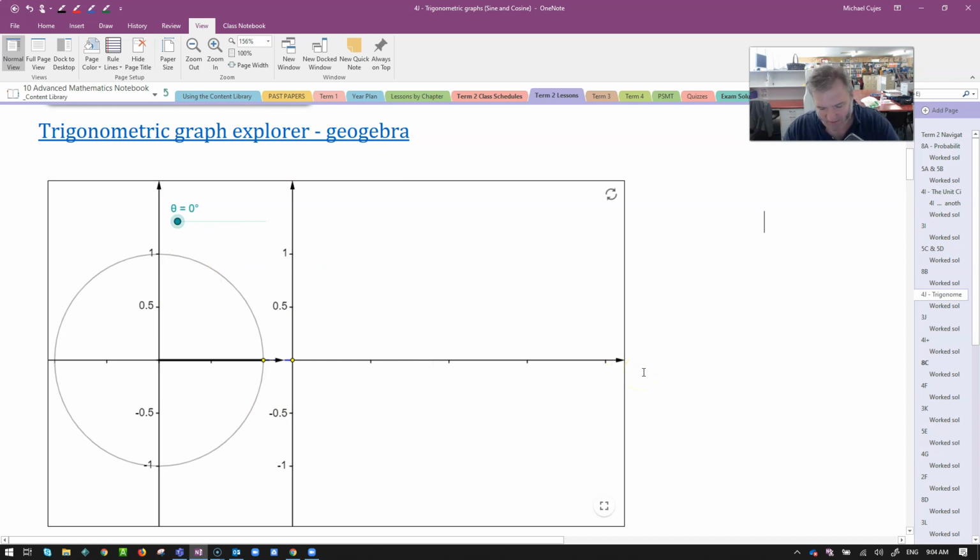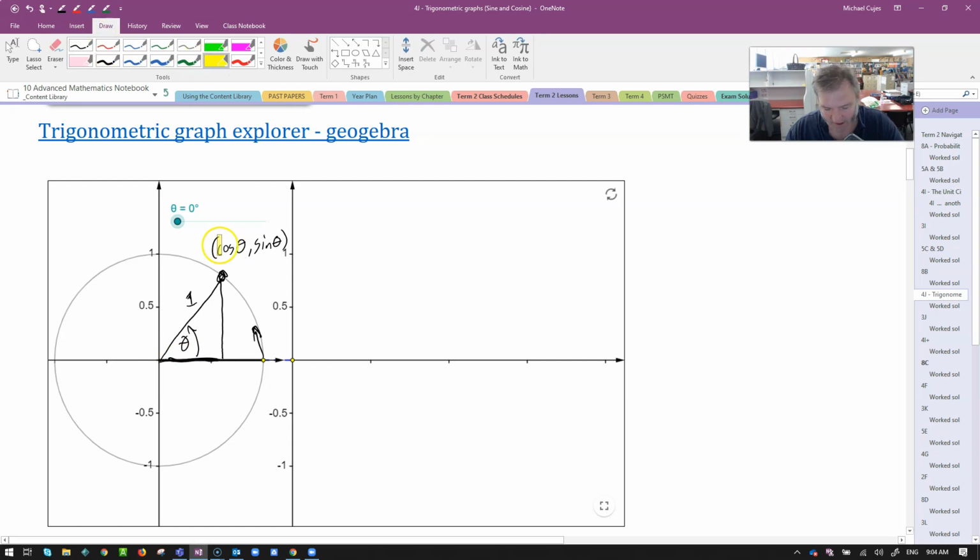What do we need to remember about our trig functions? We need to remember that as this point is going around the circumference of our circle, the x-coordinate is the cosine of the angle made with the positive x-axis, and the sine is the y-coordinate. And we get that because this was the hypotenuse. Remember, cosine is adjacent. So this is the adjacent side here,